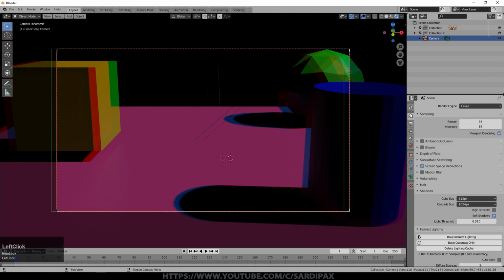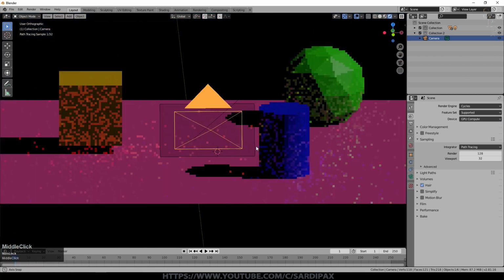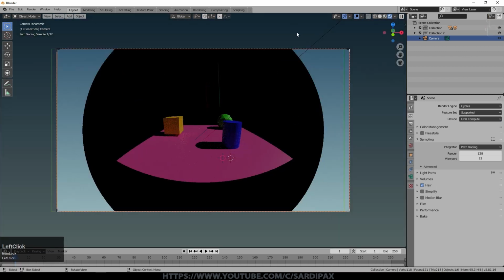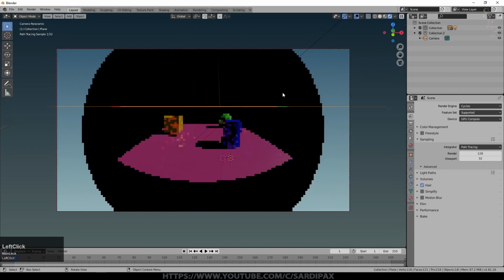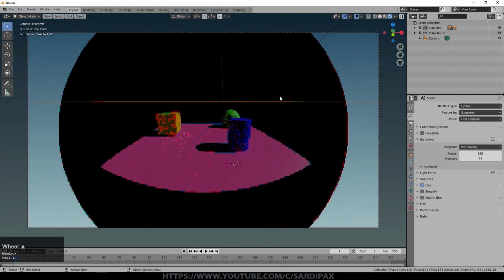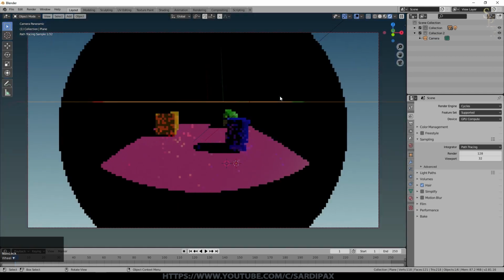If I switch to Cycles, you can see we've got a very different view. I'm not sure why it's jiggling about, but nevertheless, you can see that is a panoramic view. The whole scene, apart from the very top and the very bottom, is visible. In fact, probably the whole scene is visible. As I say, I'm not sure why that's jiggling around with each render. That's what a panoramic camera does.